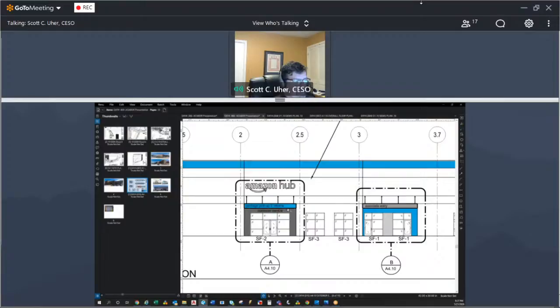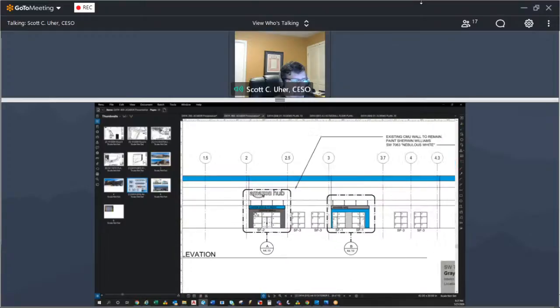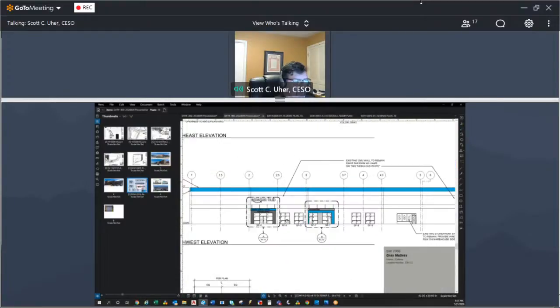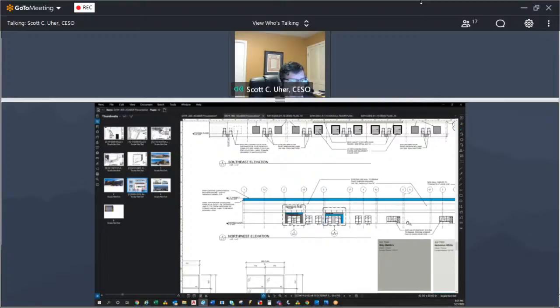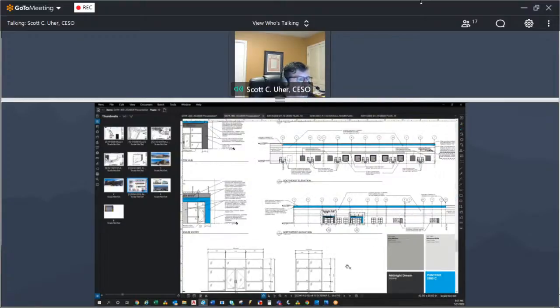But this is essentially the Amazon hub. Proposed signage will be part of another application, and then there's a small canopy feature, about 4 feet off the building, and that's over the pickup, as well as the associate entrance. And then this is your storefront opening here, and these are the new storefront openings that will match these other storefront openings on the site. Okay.